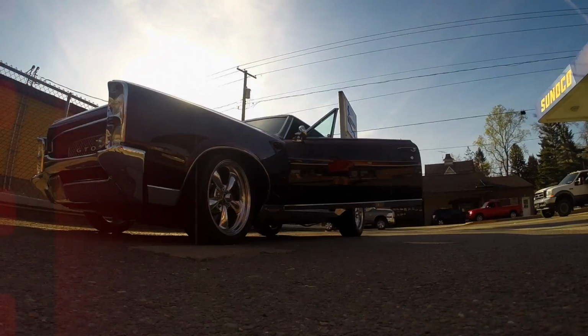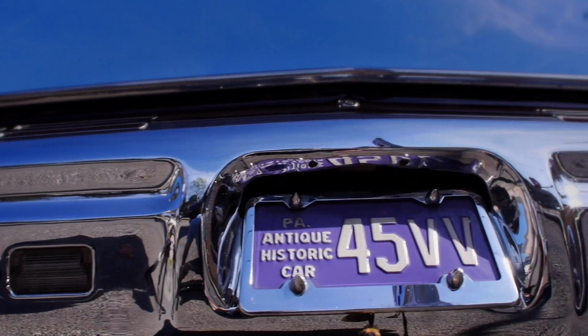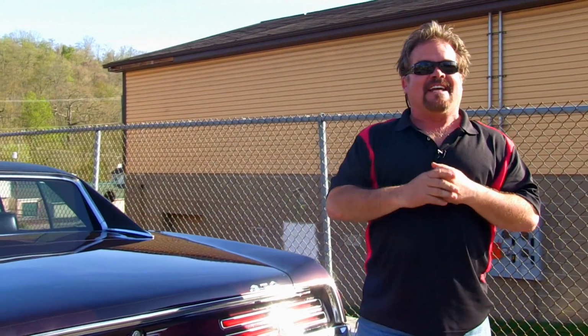When Pontiac came out with the GTO, they had a commercial, an advertisement, where the father would bring the GTO up into the driveway, bringing it home to his family, and the wife would be there with the 2 kids. And he opened the hood, and there's so much power in this car that a tiger jumped out of the hood. Hence,